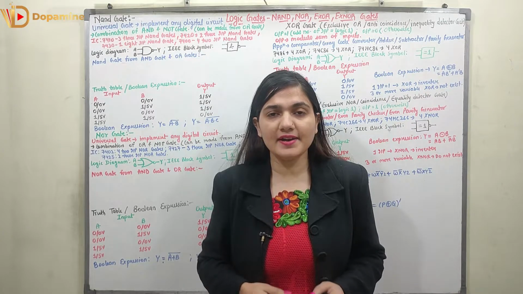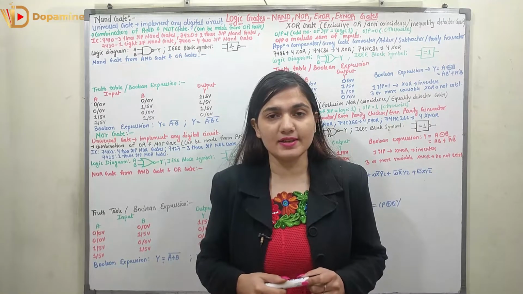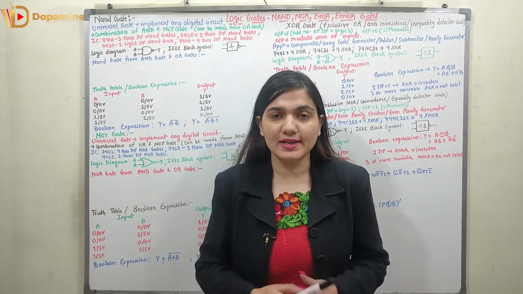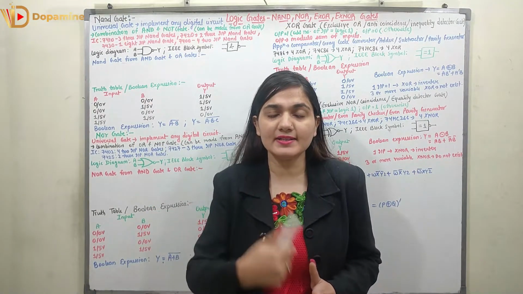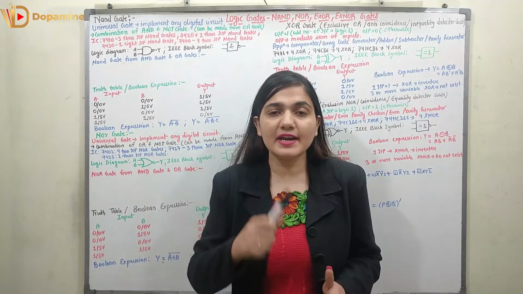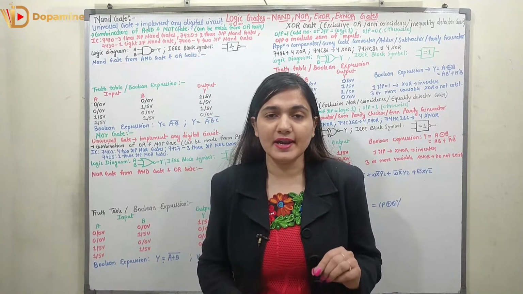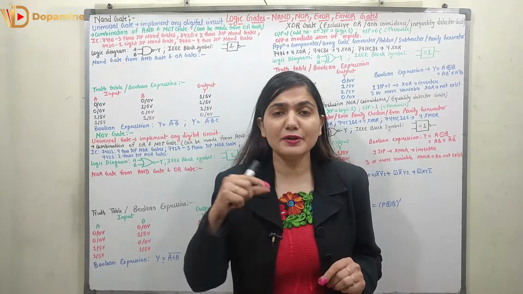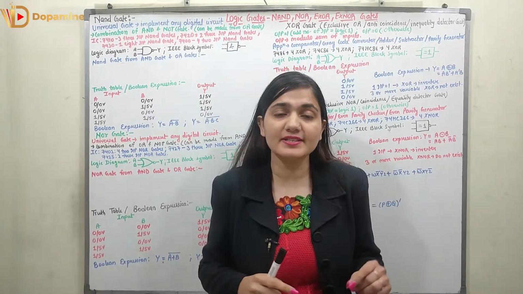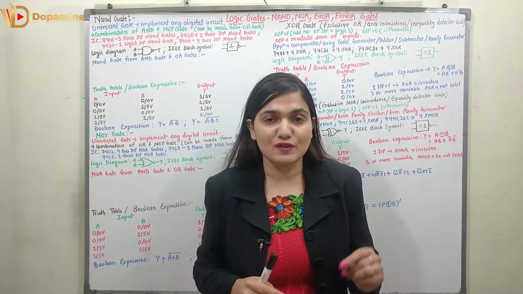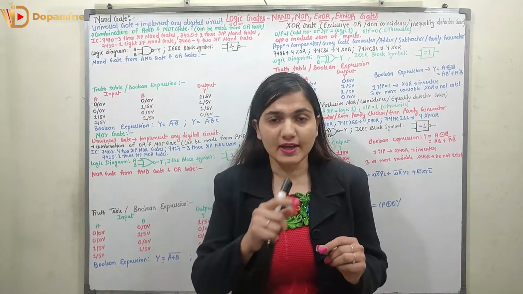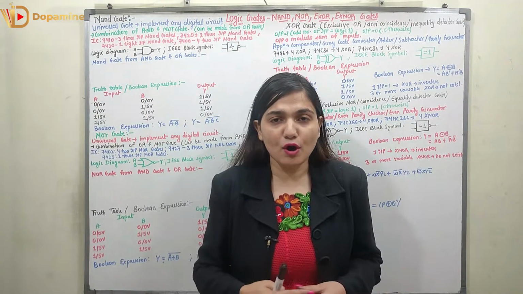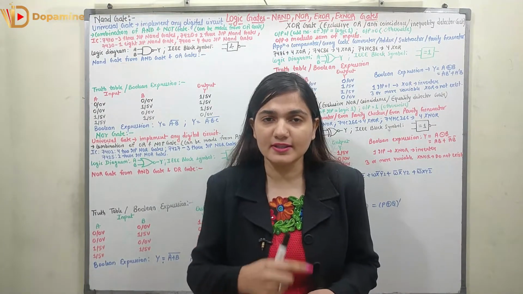I am Vishali Kikan and we are discussing digital circuits. So today in this video we are going to talk about the logic gates. In the last video we already had discussed about the AND gate, OR gate and NOT gate, right, which were the primary gates. Now we are going to talk about the NAND gate, NOR gate, which are the universal gates, and then we will talk about XOR and XNOR gate, right. So we will talk about 4 gates in detail: NAND, NOR, XOR and XNOR in this particular video.